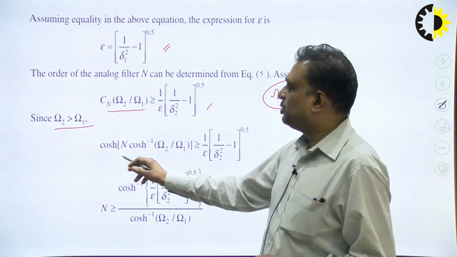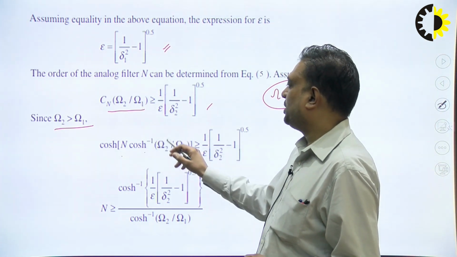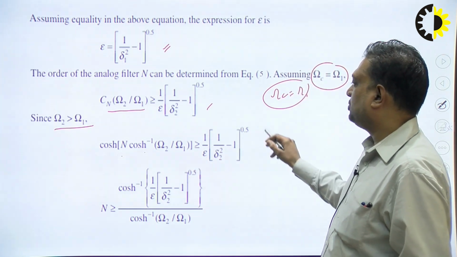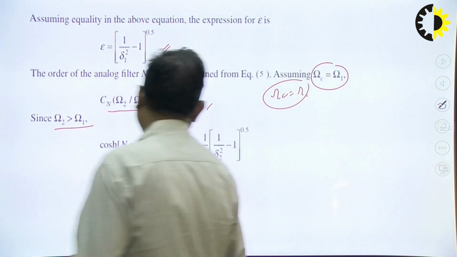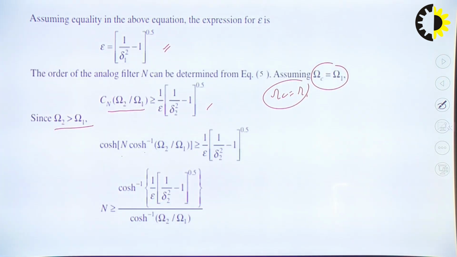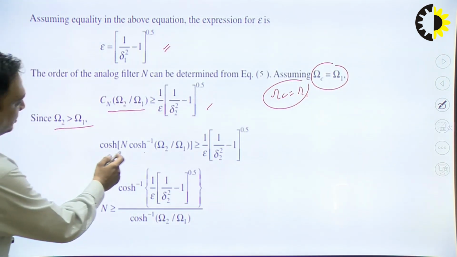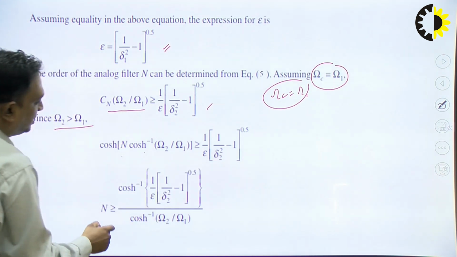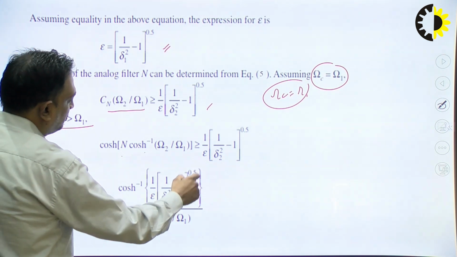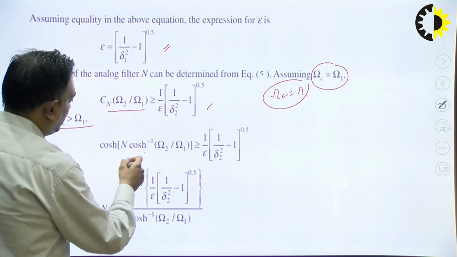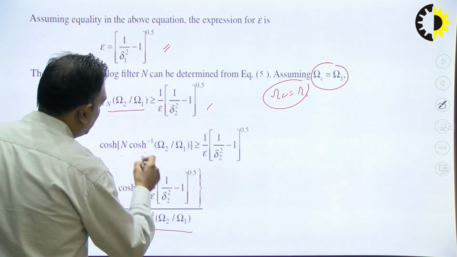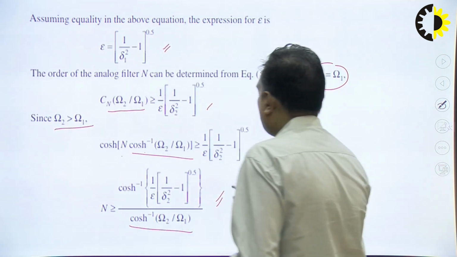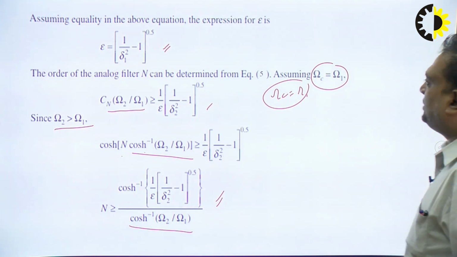So cosh inverse of omega 2 by omega 1 is far greater than (1/epsilon)(1/delta 1 square)^0.5. So n will be greater than or equal to cosh inverse. If we take n, then we will take the cosh inverse of (1/epsilon)((1/delta 1 square) minus 1)^0.5 upon cosh inverse of omega 2 by omega 1. So this is the order. This is the formula for calculating the order, and this is the epsilon,